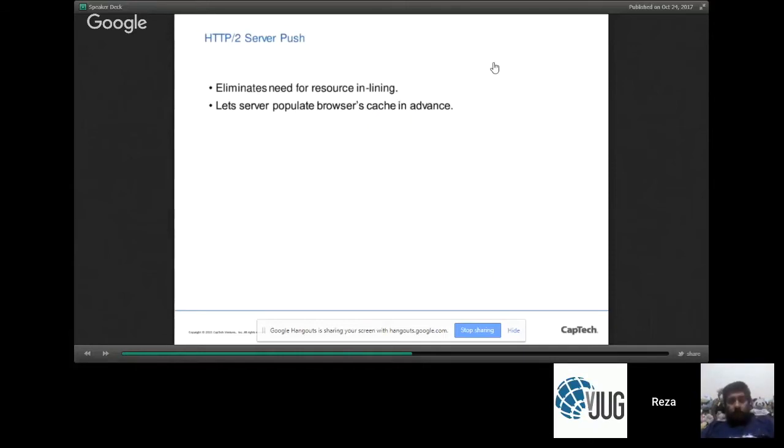So when the browser finally gets around to realizing, okay, I need this additional resource, and it goes to make an invocation to the server, it says, oh, I don't need to make an invocation anymore because the server has already given me this resource, and it's sitting right here in my cache. Right? So it helps in terms of perceived efficiency of how fast the page is loading.